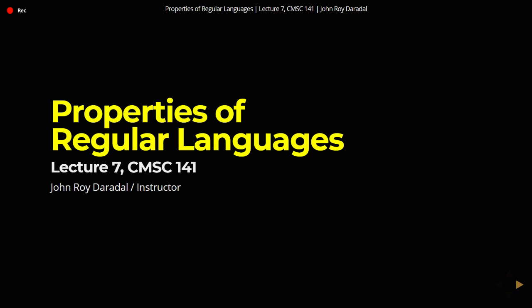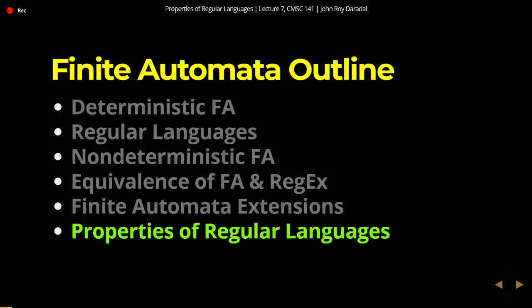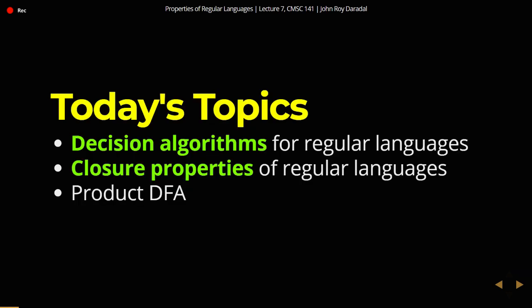Hello everyone, this is Lecture 7 of ComSci 141, Properties of Regular Languages. In the last video, we discussed finite automata extensions, where we looked at the 2DFA, the Moore machine, Mealy machine, and the equivalence of Moore and Mealy machines. In our finite automata outline, we are currently in the last topic, Properties of Regular Languages, and in today's video,